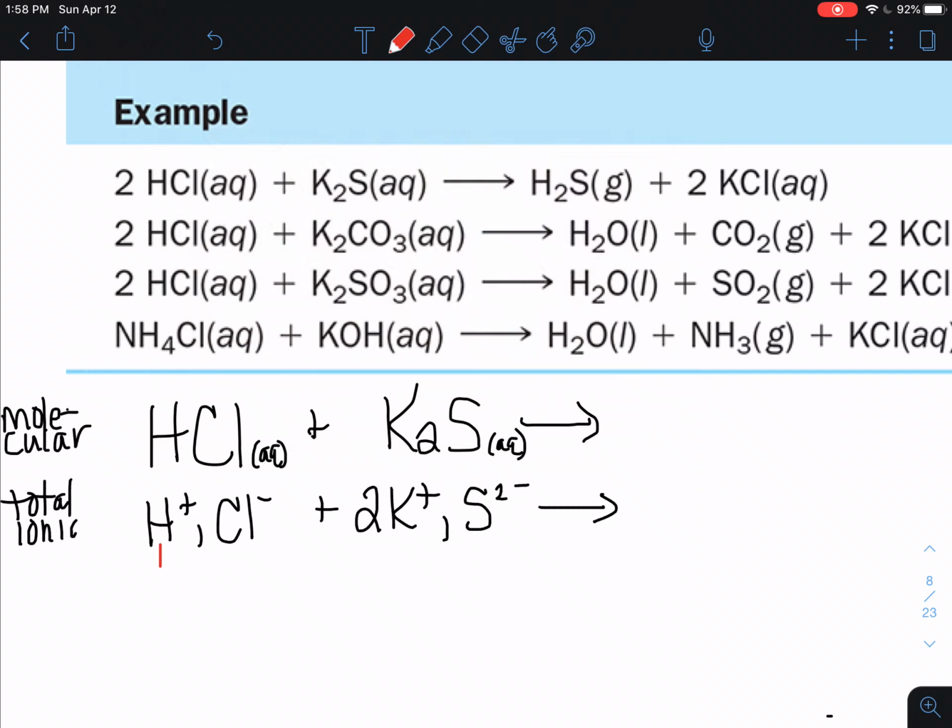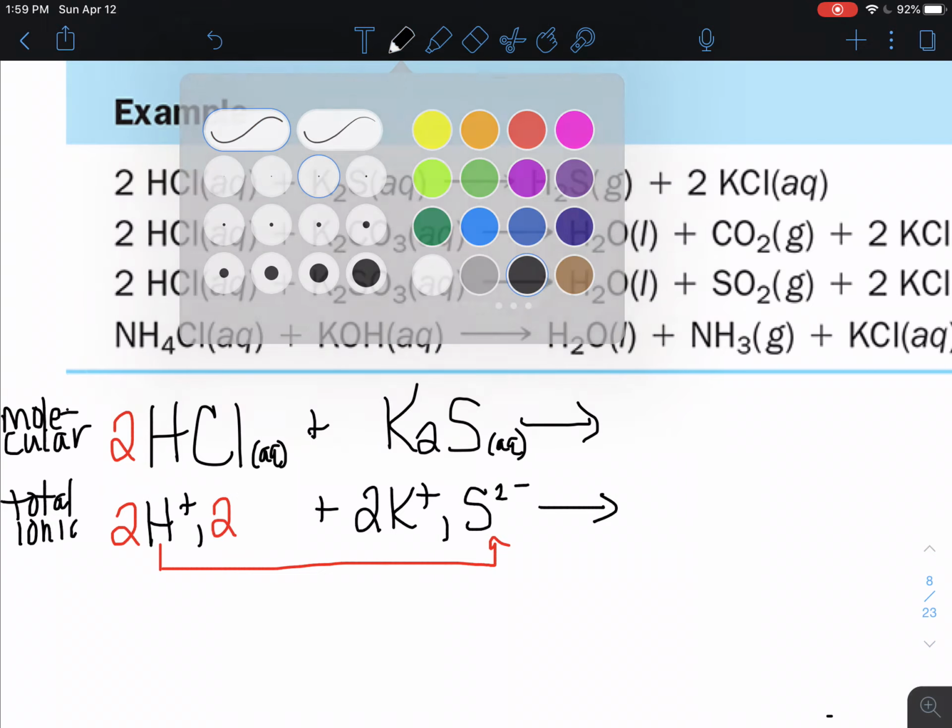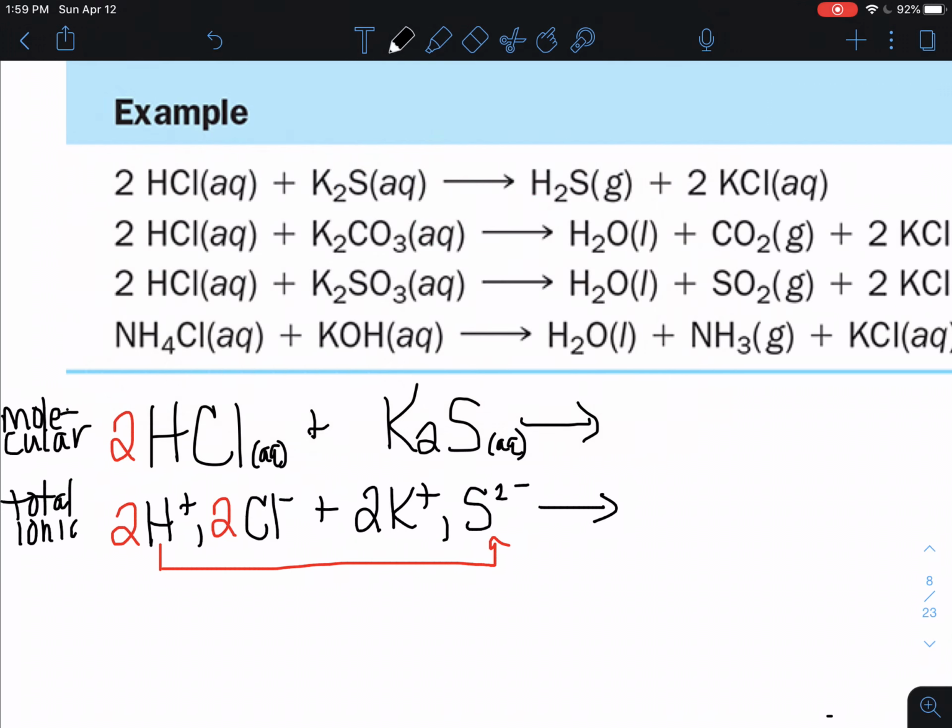The cation from the first compound is going to react with the anion from the second. So this H plus is a +1, and this sulfide is a 2 minus. So I need to put a 2 here. If I put a 2 here, I have to put a 2 here. So I'm going to erase this really fast and put a 2, and then change it back. There we go. Now these guys can pair up. So 2H plus, S2 minus, we're going to have